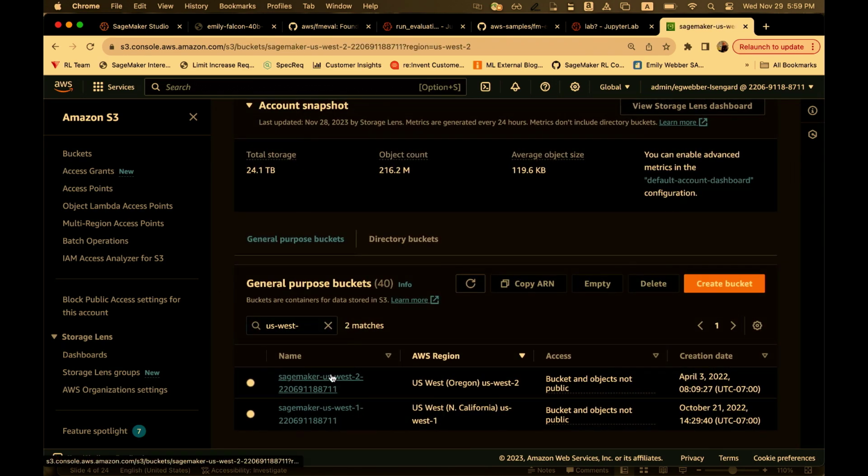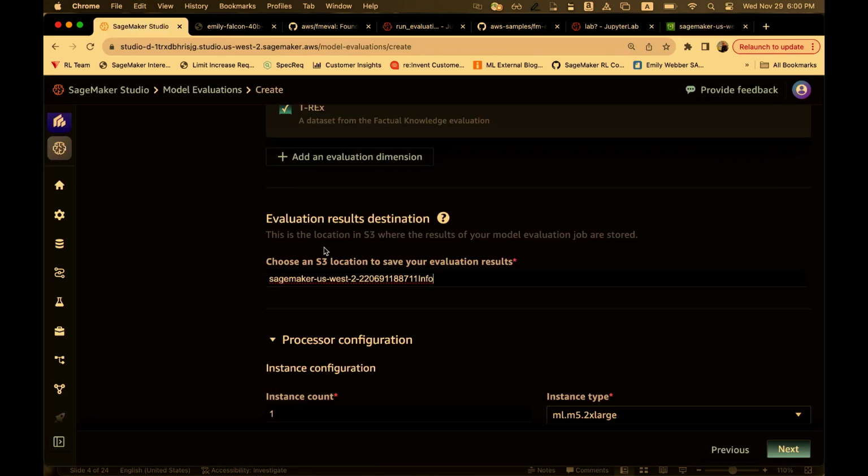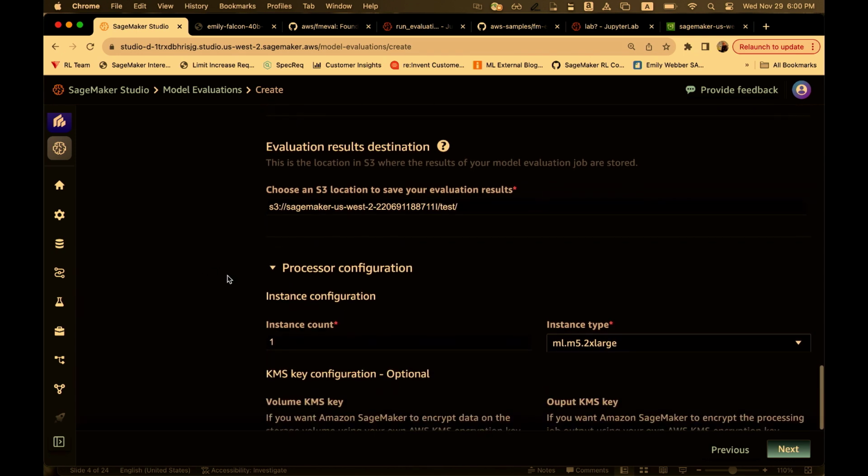All right, so US West 2, and we'll set this one. Great. So I'll pass my S3 location. That is where my evaluation results will go on completion of this processing job.